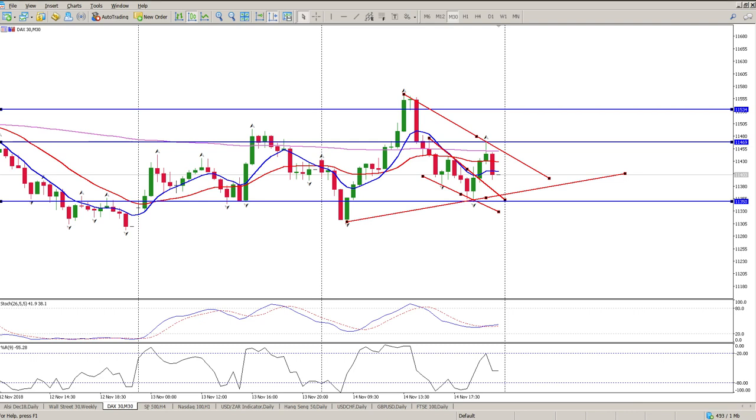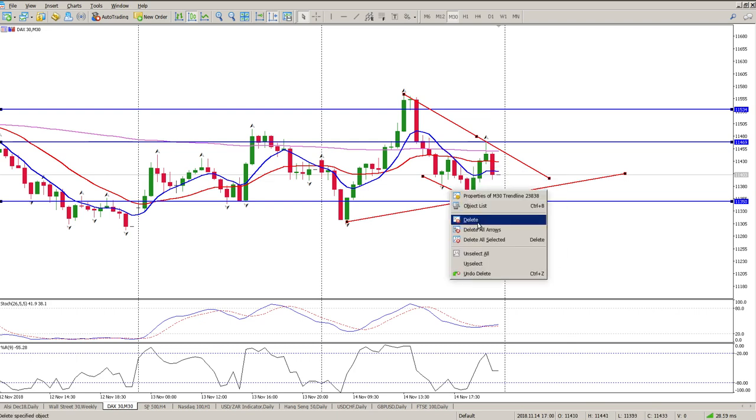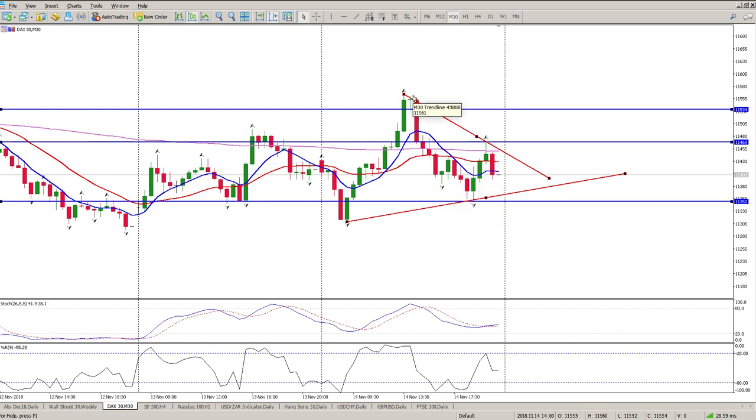So lastly, let's just have a look at what's happening currently. DAX futures down 0.28%, 11,364. Pretty close to where we are at the moment. Yeah, a little bit of a gap down at the moment. So I probably would expect more downside, to be honest with you. Probably a break of this triangle, and